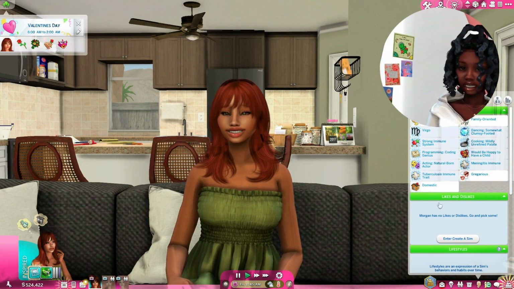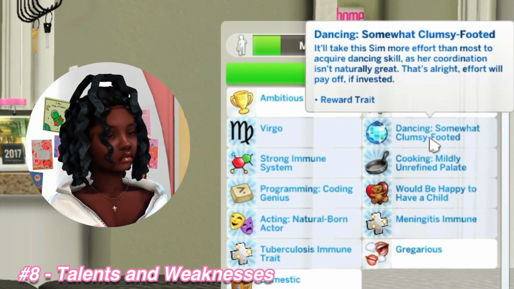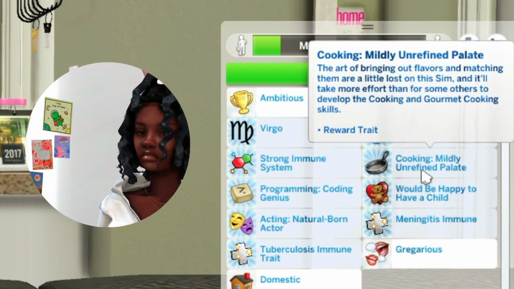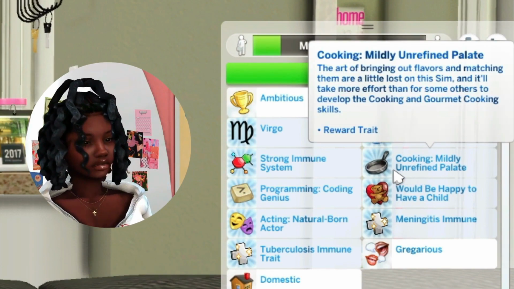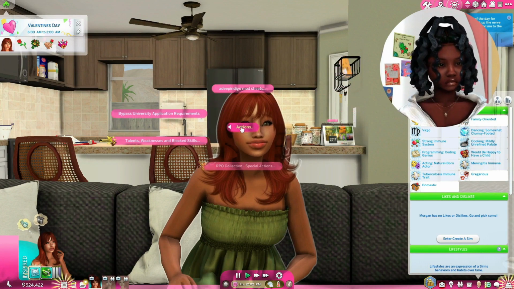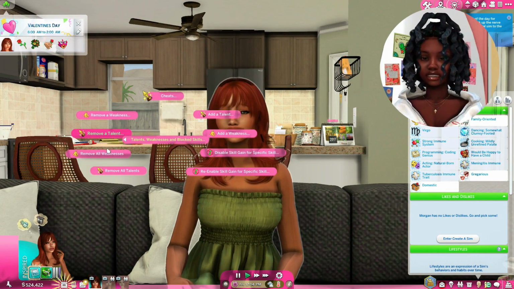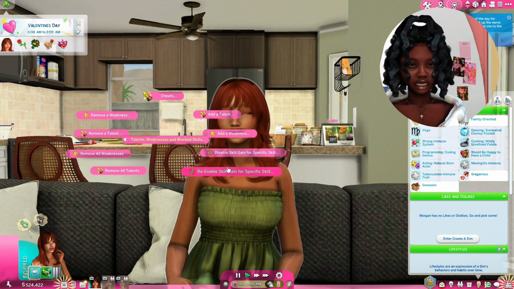Next, in the same kind of category as subtraits, we have the Talents and Weaknesses mod, which adds exactly what it says. It makes it so that your Sims can naturally be gifted at some things and also be naturally bad at some things. It's definitely a realistic touch, and it also has a cheat menu so that if you have a storyline that requires a Sim to be good or bad at something, it doesn't have to be completely